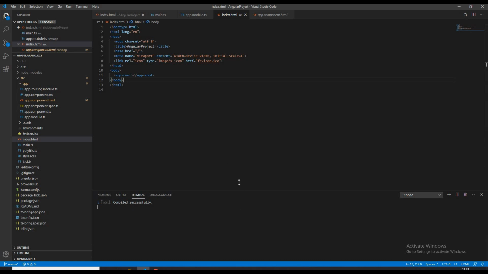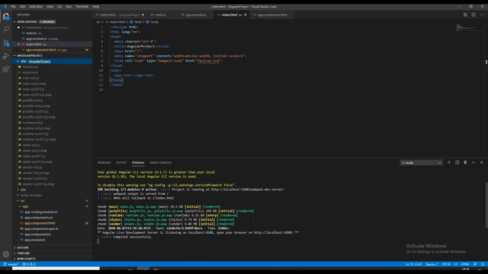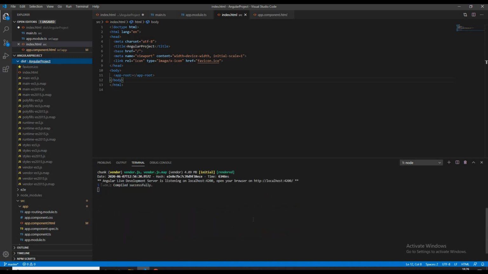Let's see this. We have the dist folder here. We know that this dist folder is created when we build our application using the ng build command. We used the ng build command in the previous video, so this dist folder is created. We are using ng serve and ng build commands, both frequently for building, right? Then what is the difference between them? ng serve builds our application but does not save the compiled application to the disk. It saves it in memory and starts the development server.